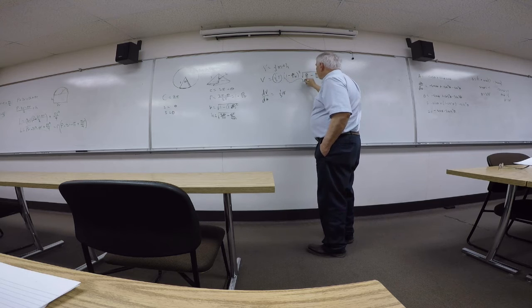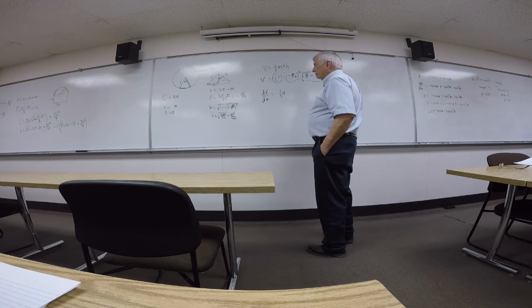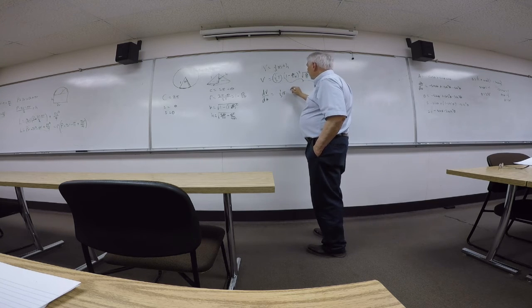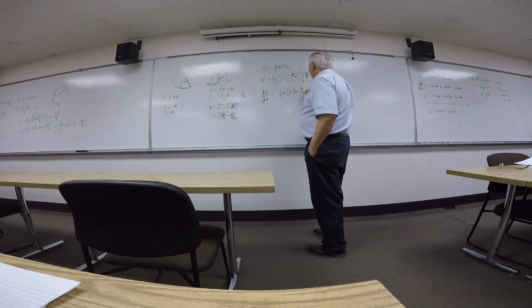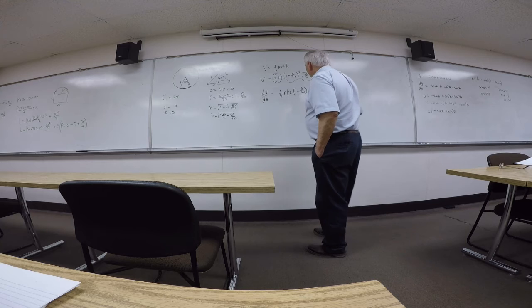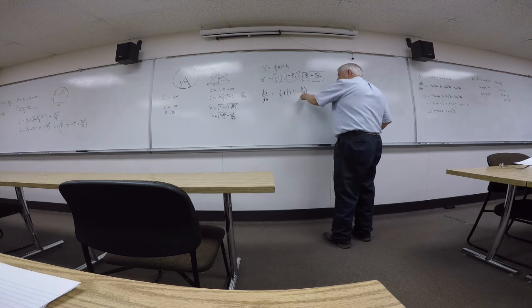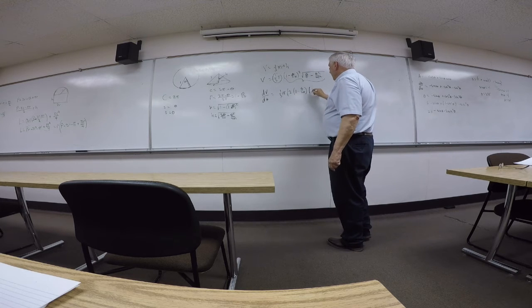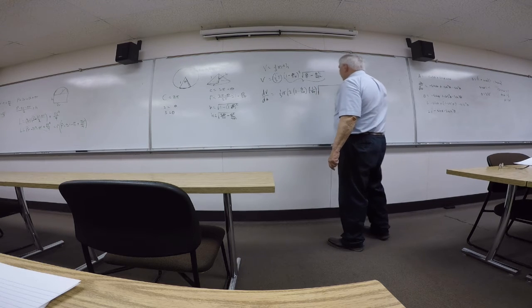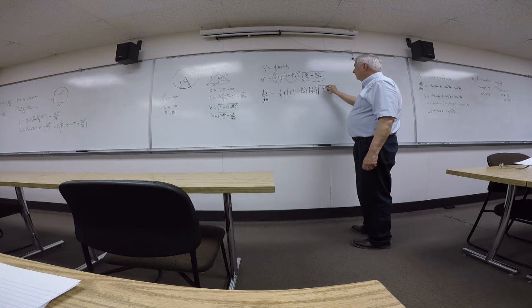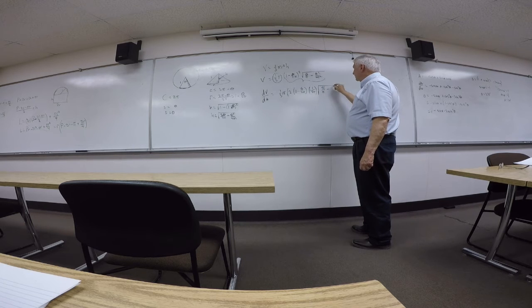This is a product: 2 times (1 minus θ over 2π) to the first, times the derivative of this, which is minus 1 over 2π, times the radical θ over π minus θ squared over 4π squared,